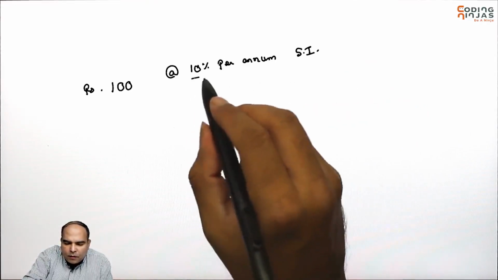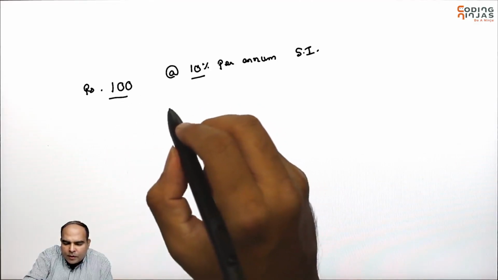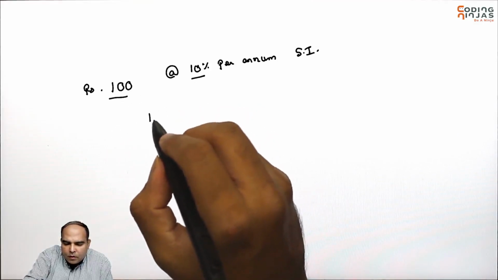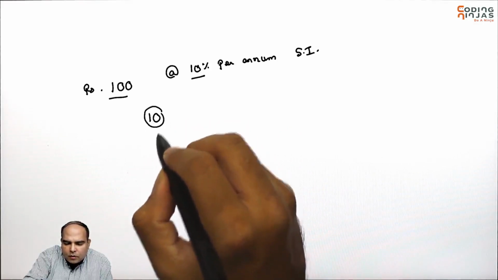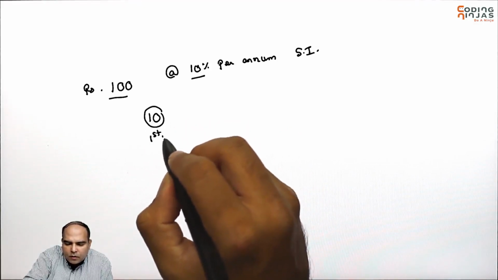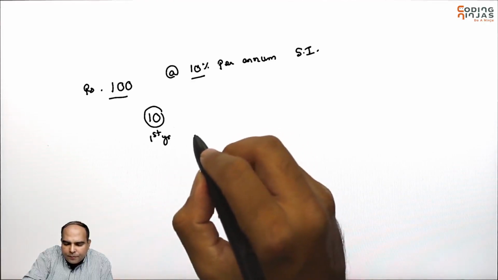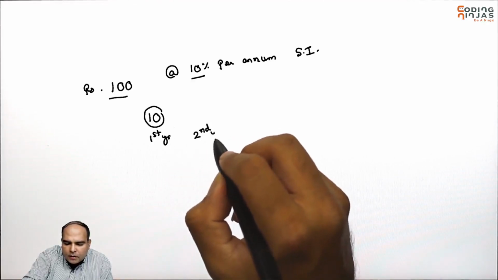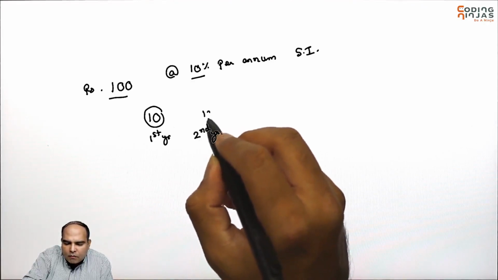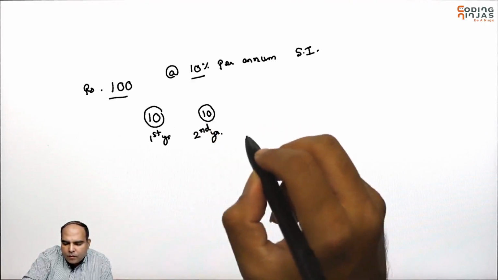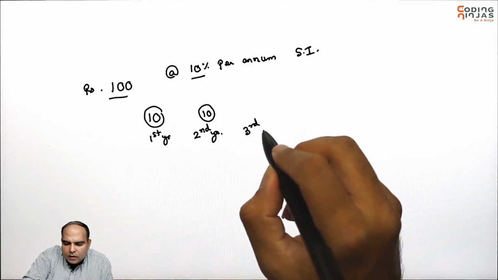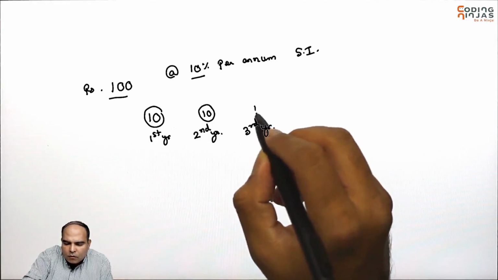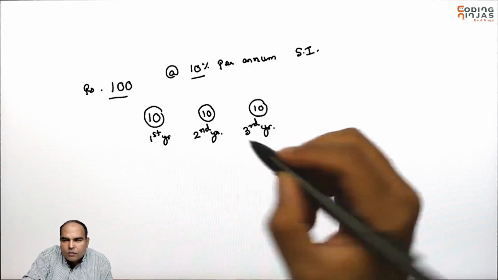So 10% of 100 we know is rupees 10. So your interest in the first year would be 10. The interest in the second year would also be 10. The interest in the third year would also be 10, because the interest will be constant,